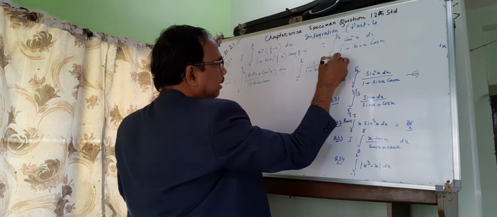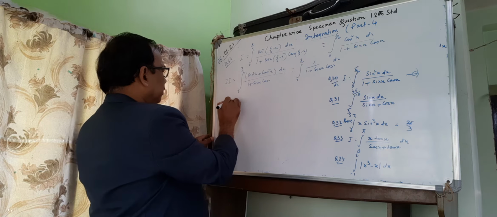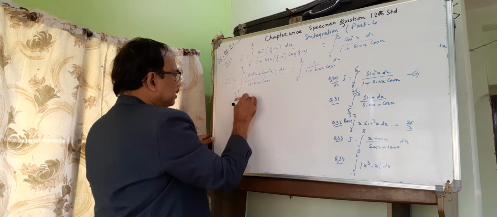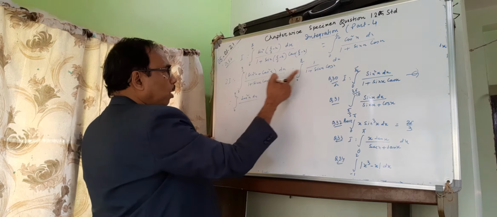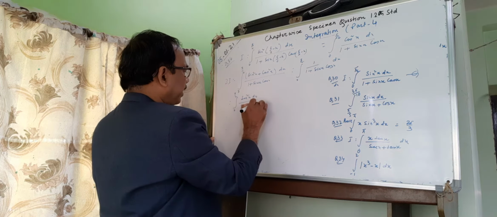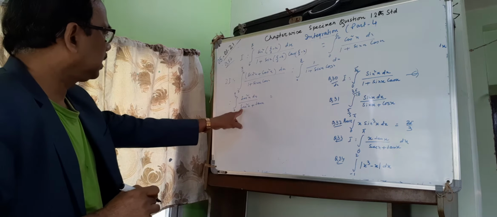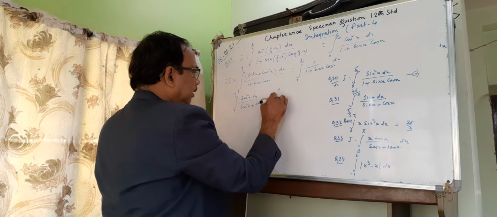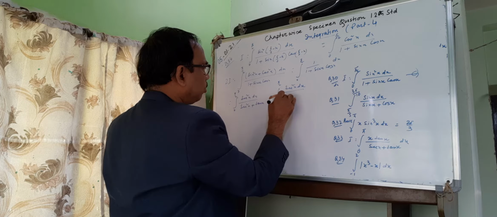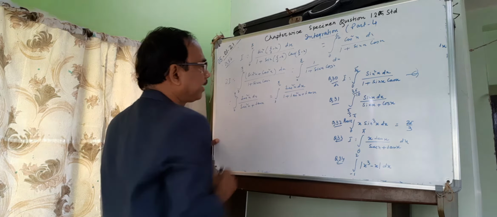cos x dx. Now you have to divide by cos square x. 0 to pi by 2, 1 by cos square is sec square x, sec square x dx. Cos square divided, that is tan x. Now this sec square converts to tan: 0 to pi by 2 sec square x dx by 1 plus tan square x plus tan x.